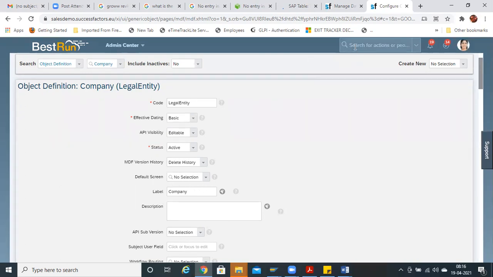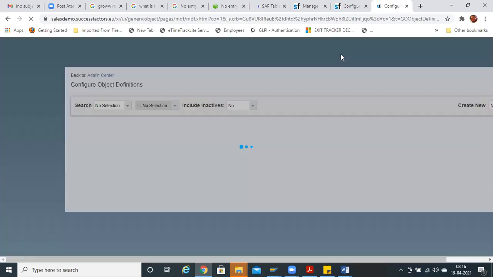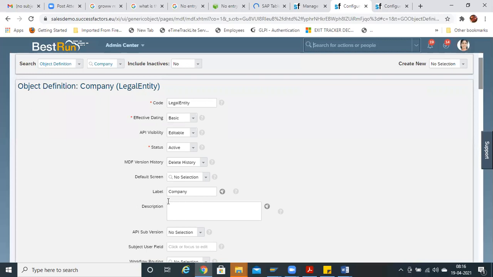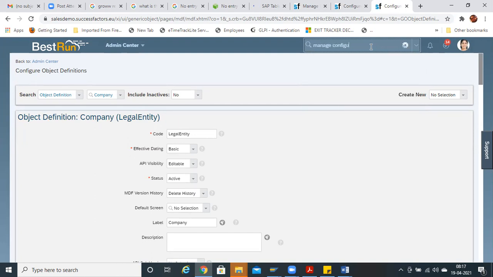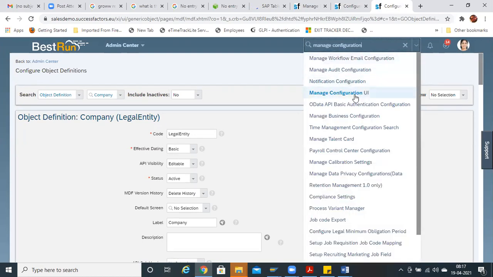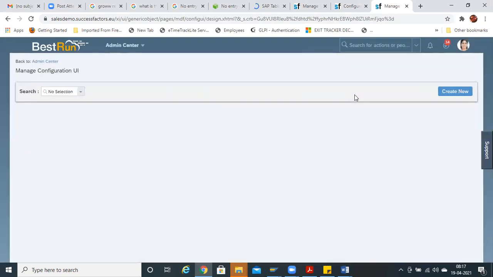I'll be covering that later, but to show right now, for example, if I want to change the UI of this legal entity, I'll come here, and the action name I'll mention is manage configuration UI. Here you can set the user interface, how the look and feel will be for the created new entries.